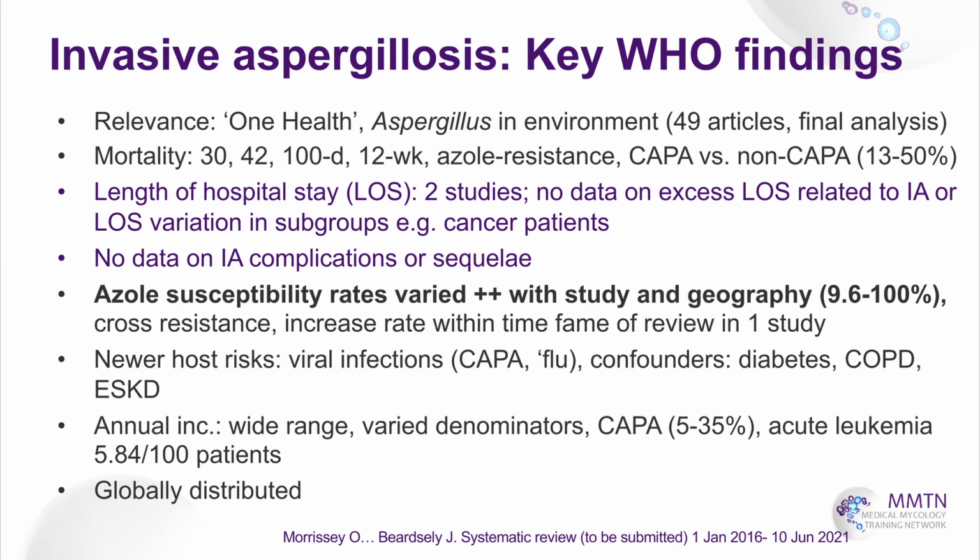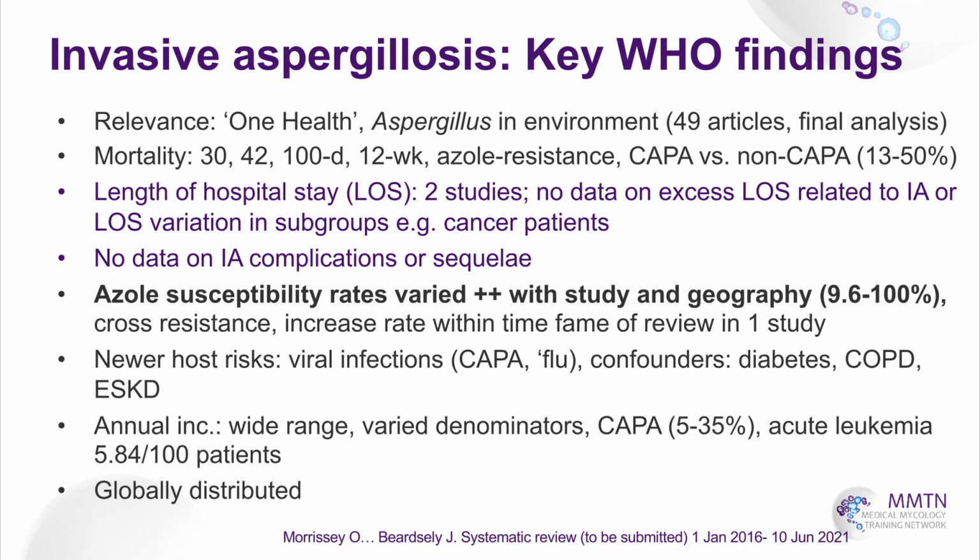So after all this, it was only 49 articles that provided the data that the WHO needed. They looked at death, and death was described at 30 days, 42 days, because this is what trials use, 100 days maybe, and some at 12 weeks. They looked at azole resistance and new risk groups, including those in COVID patients, so COVID-associated pulmonary aspergillosis, and compared